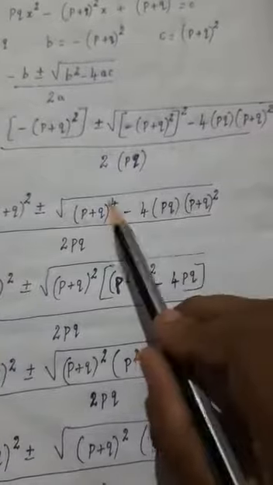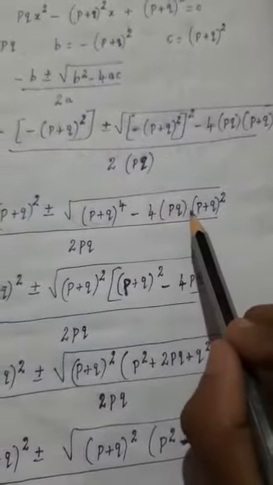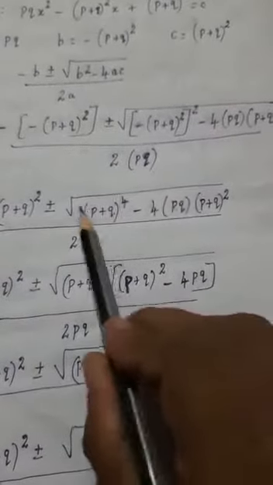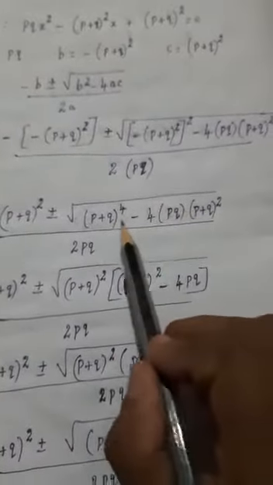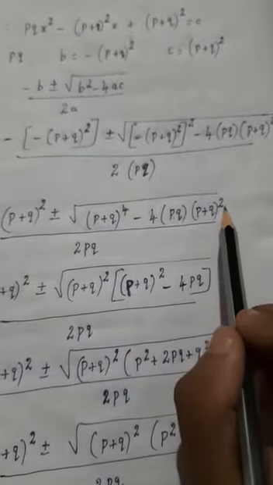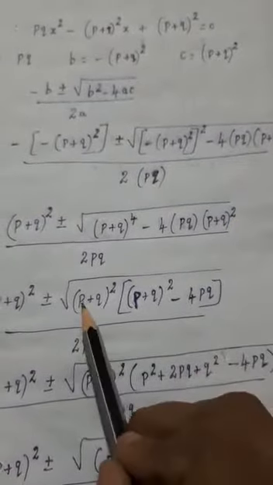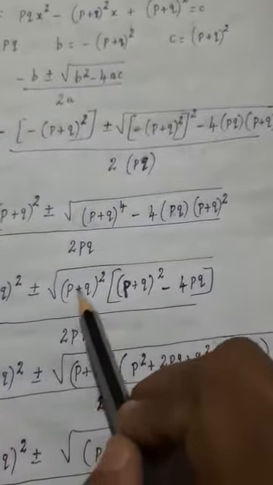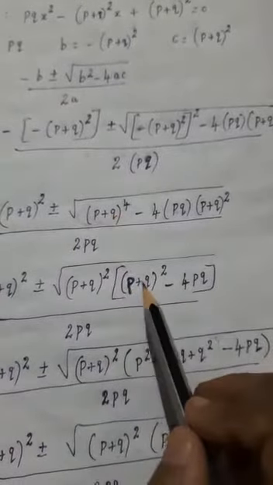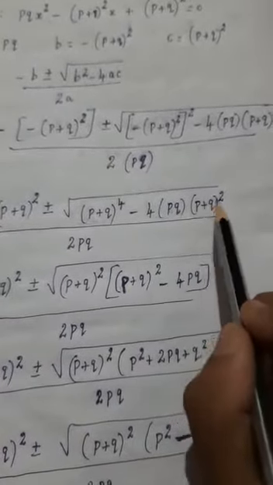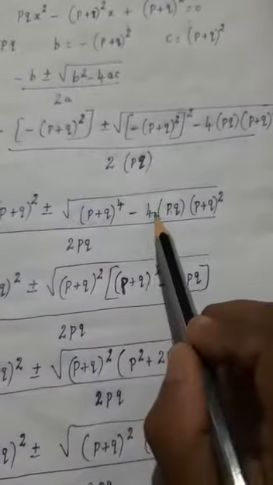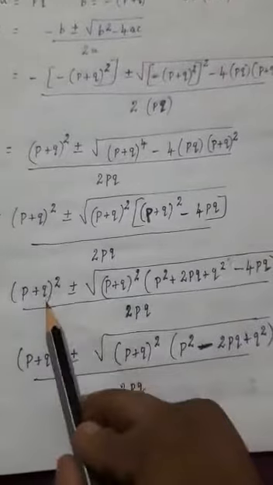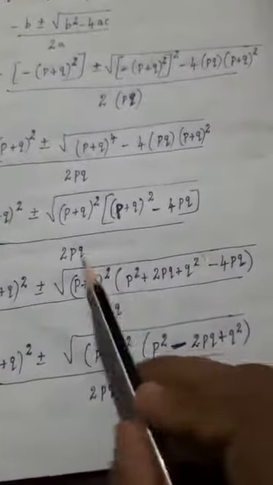So already you know that if both have it commonly, the lowest power you can take outside. So here p plus q is common for both the terms. Here 4 times you have, here 2 times you have. So that lowest power you can take outside. So (p plus q) the whole square into, so here in this term 2 times we have already taken outside. So the remaining, what do you have? (p plus q) the whole square minus, in this term (p plus q) the whole square already we have taken outside. So the remaining thing, what do you have? Minus 4 into pq. Okay, so the next one, (p plus q) the whole square plus or minus the root of (p plus q) the whole square.